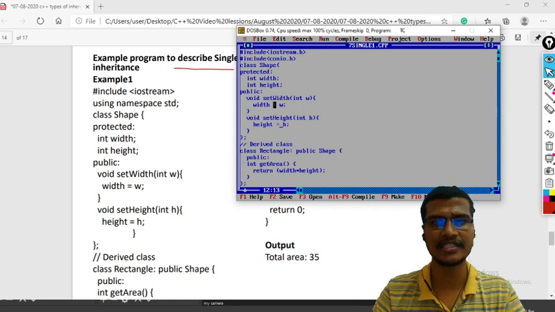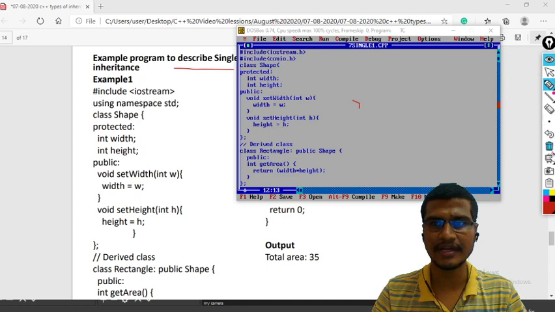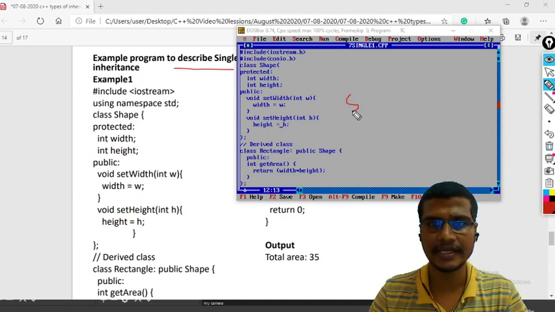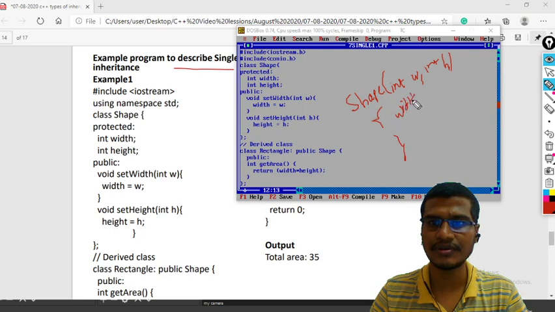You can use a constructor also. I can directly take a shape constructor with int w, int h. Okay, you can write it like this also. Inside the shape constructor, I can directly write width equal to W, and height equal to H also.